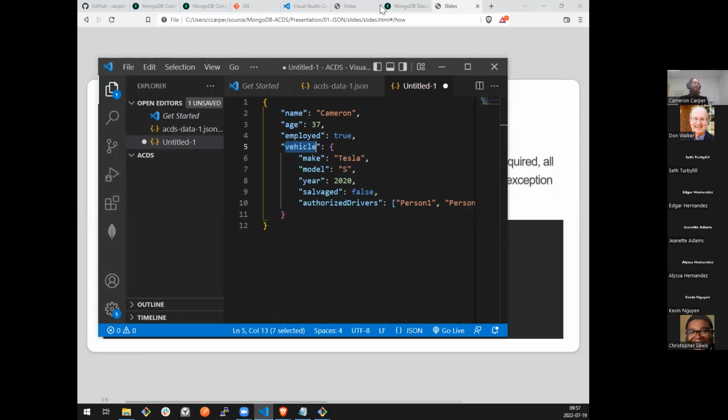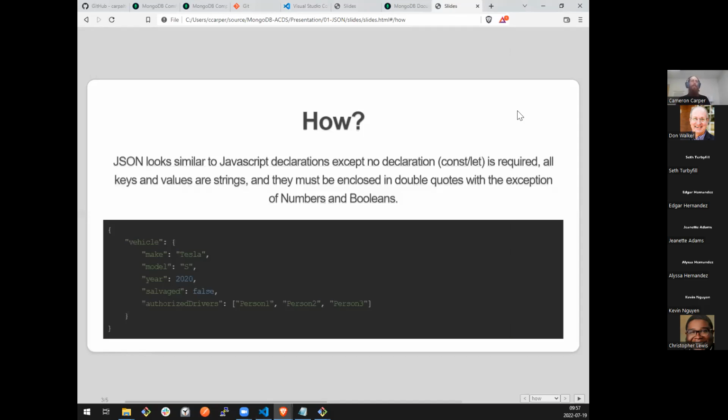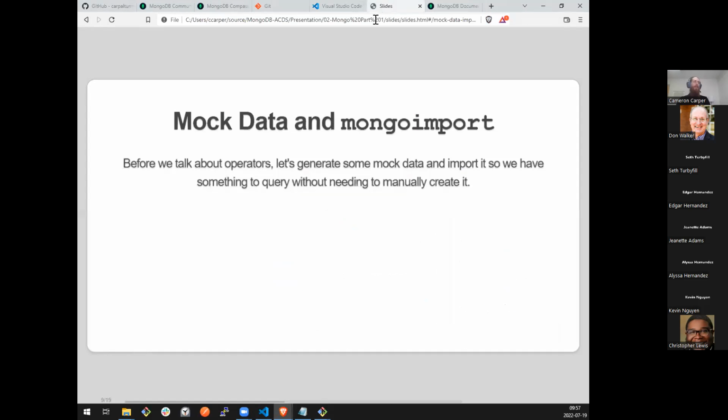So that is our full intro to where we get up to actually at this point kind of digging into Mongo. I need to start moving a little bit faster, I think. So let's get back to Mongo and onto our operators and then actually executing JSON queries against our data.